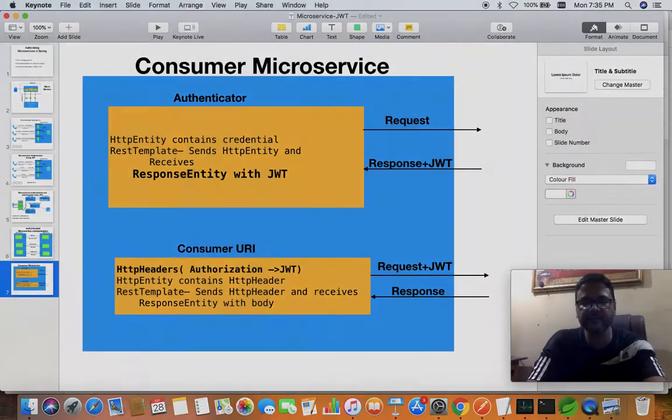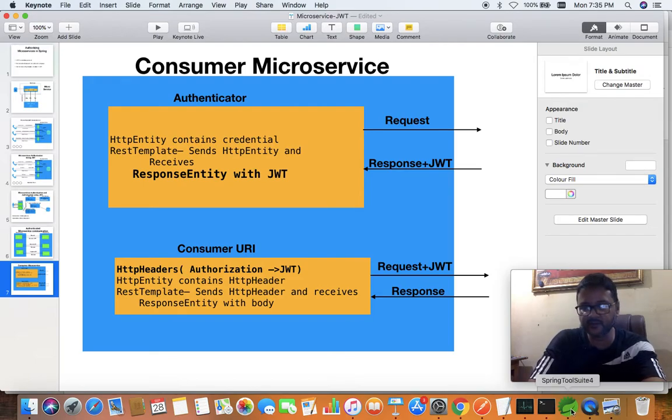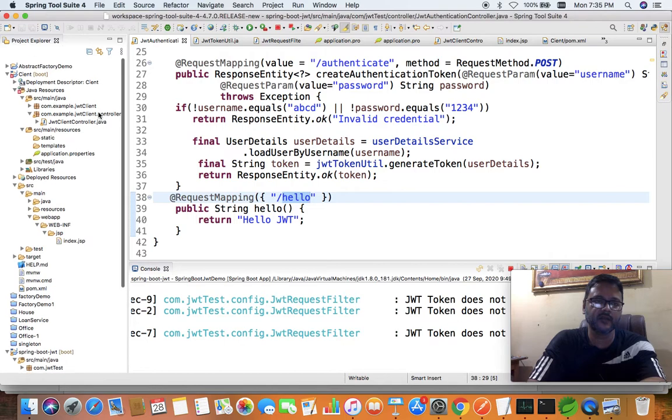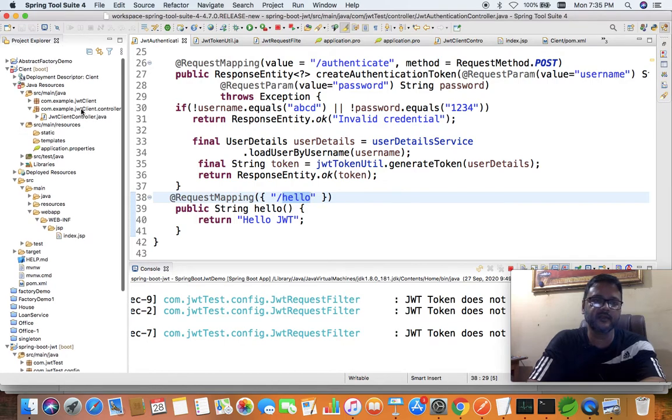So let us have a quick look at the example which I have already built to save time. This client example is very simple. First of all, this client example is going to give us web output.